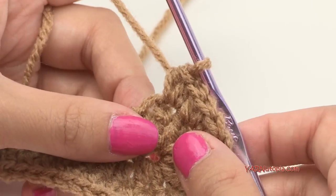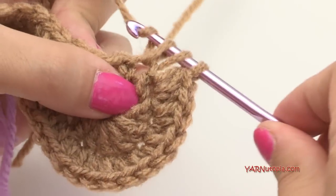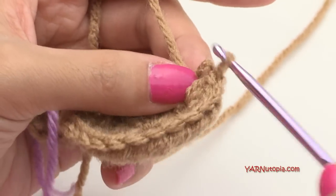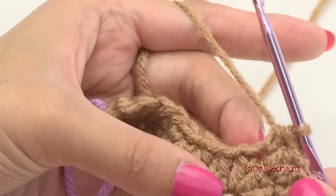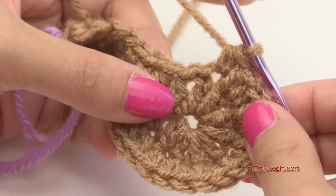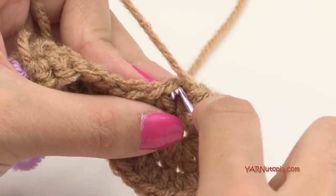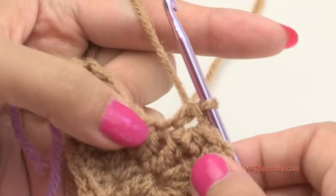Now just put 1 half double crochet in the next stitch, just like that. Whoops, not like that. There we go. And now we have to put 1 single crochet in the next 7 stitches. So no more yarning over, just go into the next stitch, yarn over, pull through, yarn over, pull through 2 loops. So 1,